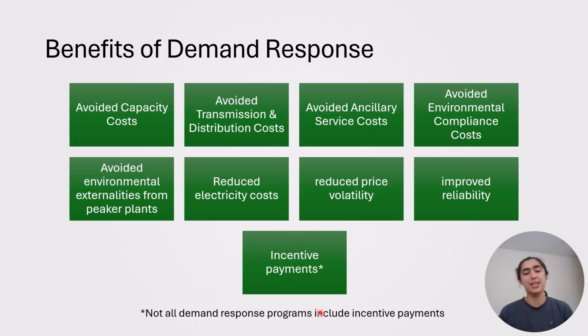And we also avoid ancillary services as well, which are activities that are bought and sold in ancillary service markets that stabilize the grid, like spinning reserves are an ancillary service. Black start services, which is the ability to restart the grid without some external energy source. So these are ancillary services that we don't need to purchase if we avoid grid instability through demand response.